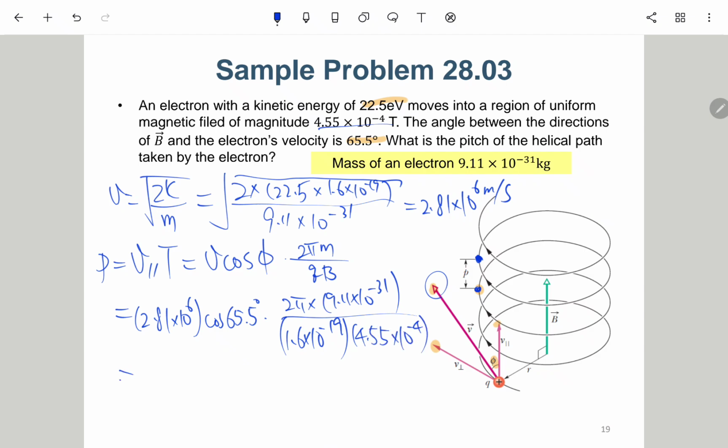Okay, so use a calculator, you can find this is actually 9.16 centimeters. 所以这个就是 pitch。